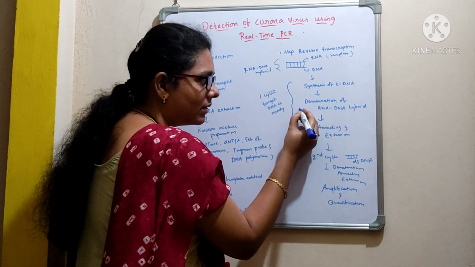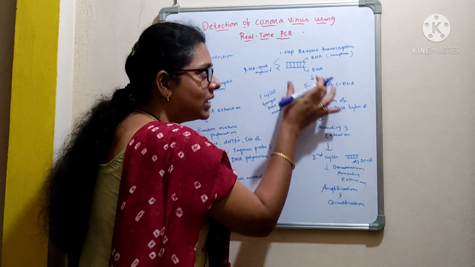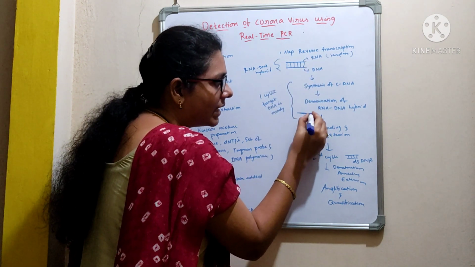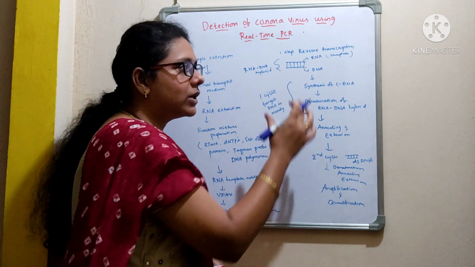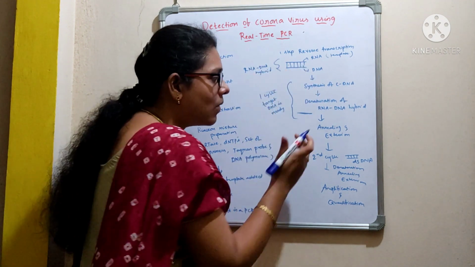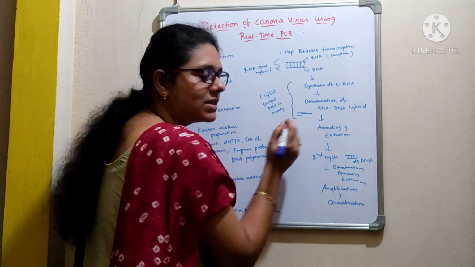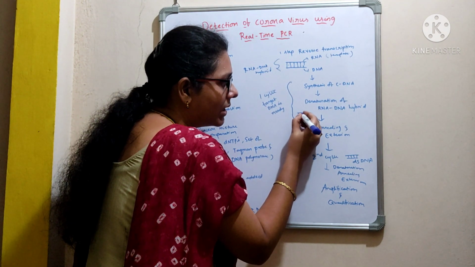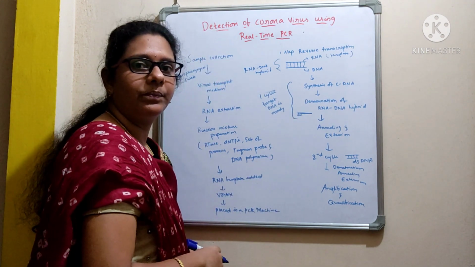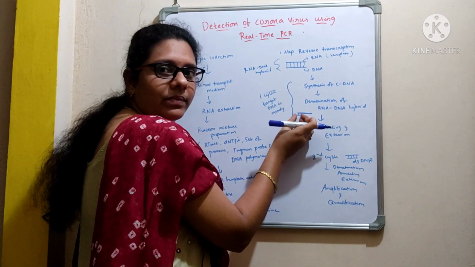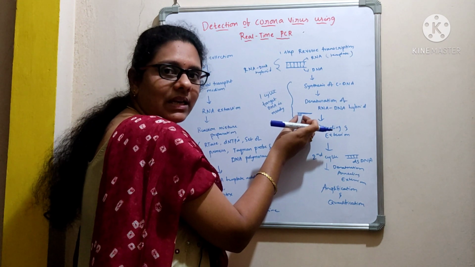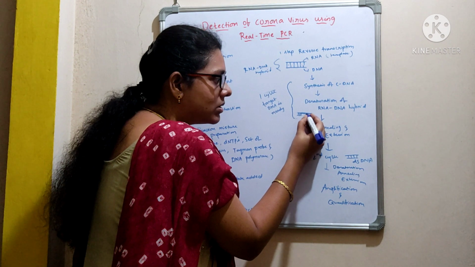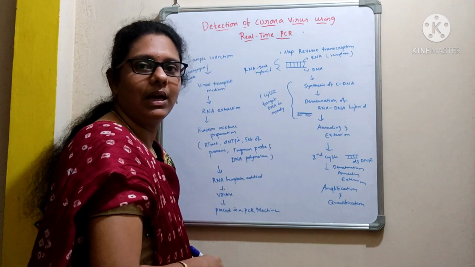So now you are clear till here, right? We have denatured the RNA-DNA hybrid. Now we have a single stranded DNA here, that is cDNA, which we got from the RNA. Now what happens? We used a set of primers, right? The primer which is complementary to this DNA will go and base pair with it, forming a duplex here, right? That we call annealing. And also in the step of annealing, the TaqMan probe will also go and base pair with the DNA.